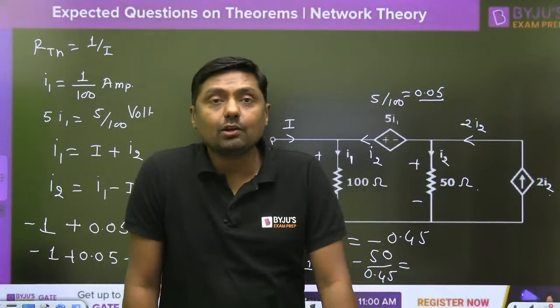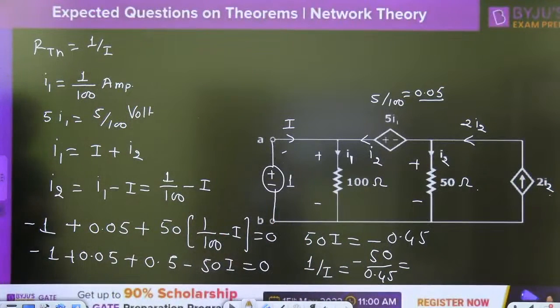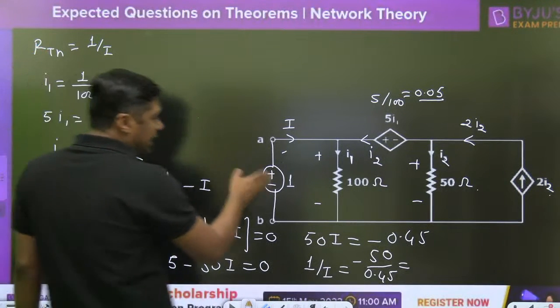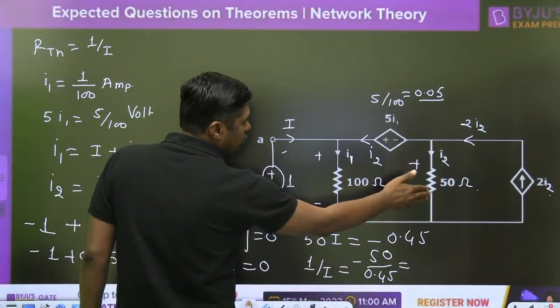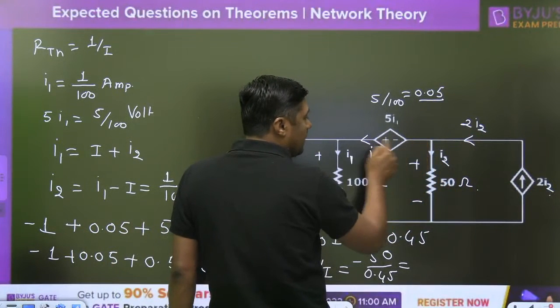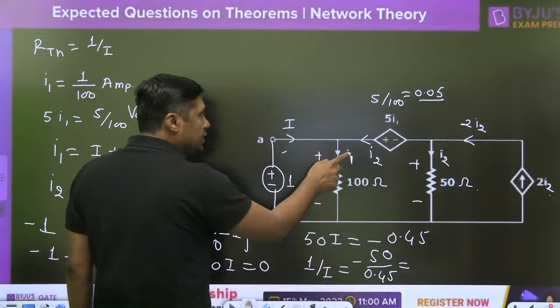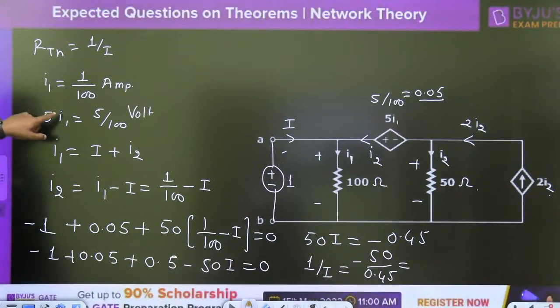In this case, we are going to get what? Negative value of RTH. So write down the 1 volt battery, connect here, I here, that will be the current. This is the I1, that is the I2. What will be the current here? Again I2. This is the I2 plus I is equal to I1, or I1 is nothing but 1 divided by 100, 0.01. You can also write the 0.01 here, no problem.